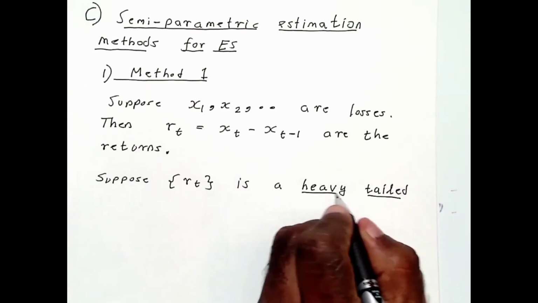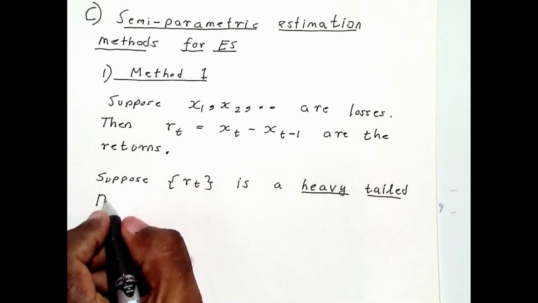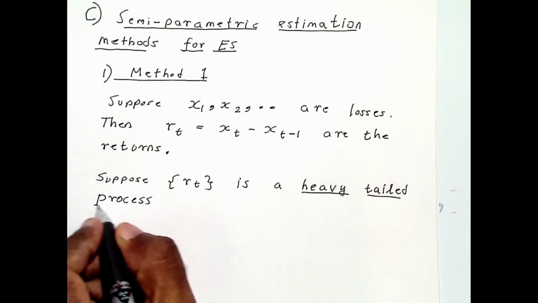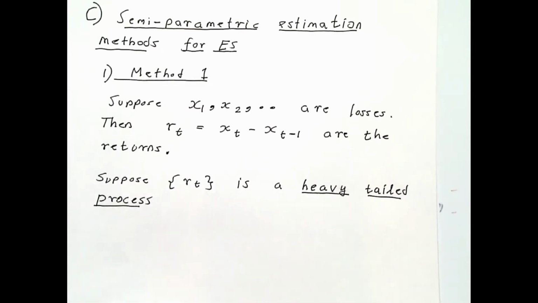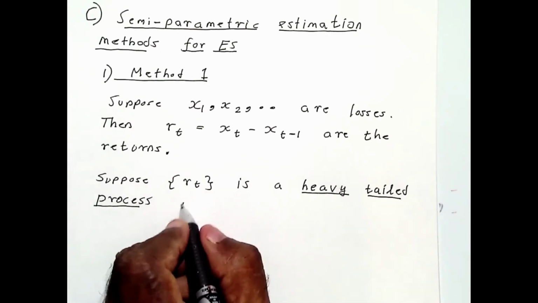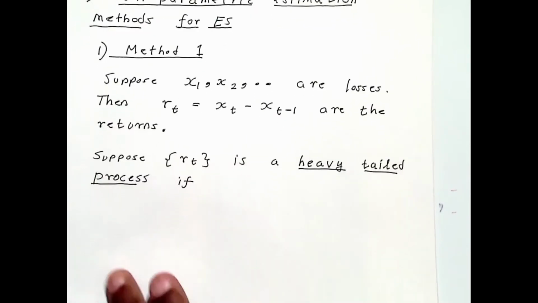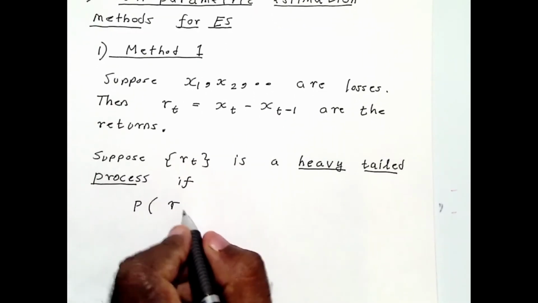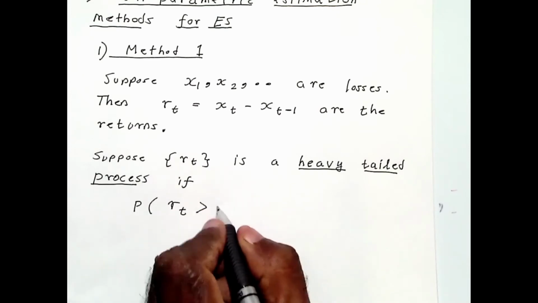I will explain what this means in a minute. It's a heavy-tailed process. So a process is said to be heavy-tailed if it satisfies the following conditions: that the probability that R_t is greater than minus x